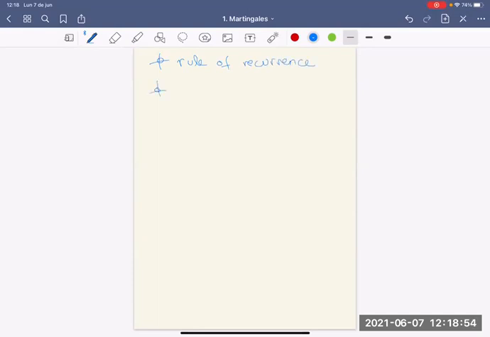Second, then we have to use measurability. And third, we need to use independence. That's it. Independence, that's it. So for the first part of our golden rule, what we need to do is to